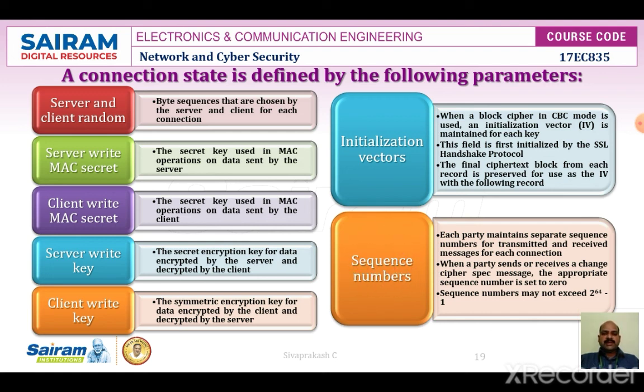Each party maintains a separate sequence number for transmitted and received messages for each connection. When a party sends or receives a change cipher spec message, the appropriate sequence number is set to 0. The sequence number may not exceed 2 to the power of 64 minus 1. In this way, it takes care of the sequence number in the connection state. Next, move on to the